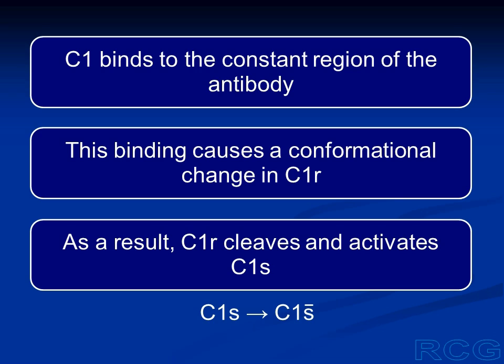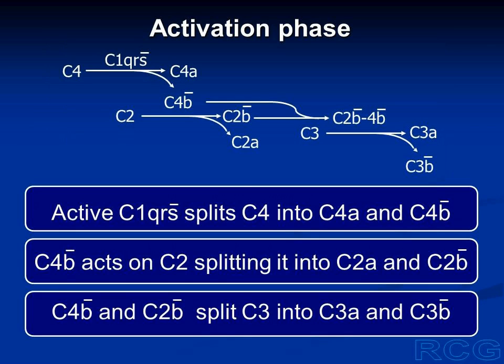It becomes enzymatically active. So we see that the C1S is converted into active C1S. The horizontal bar on S shows that this is the enzymatically active form. Now this complex C1QRS has become active, and this acts on the next